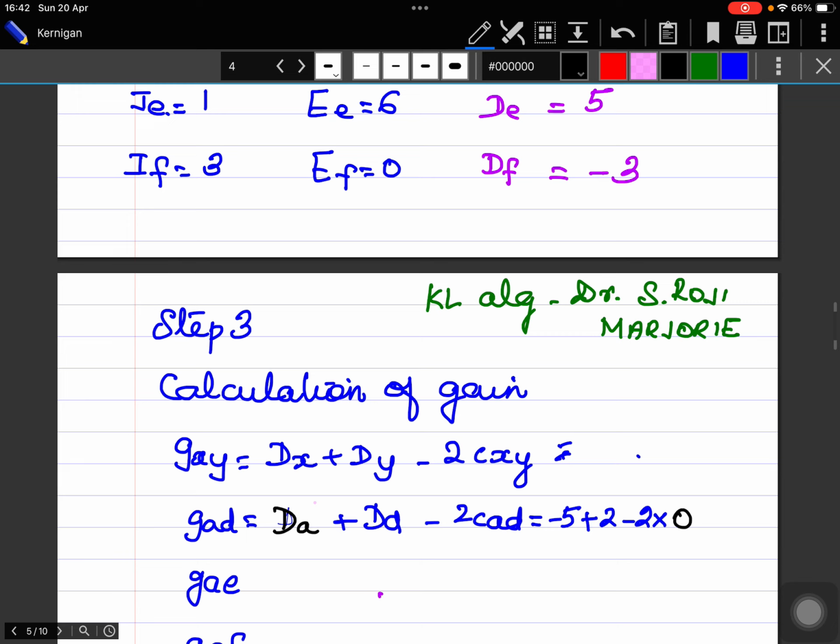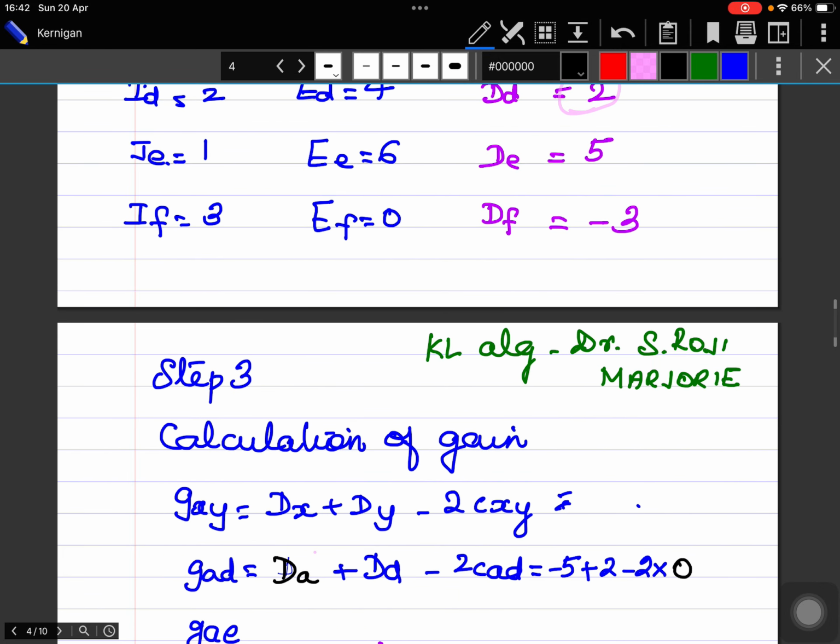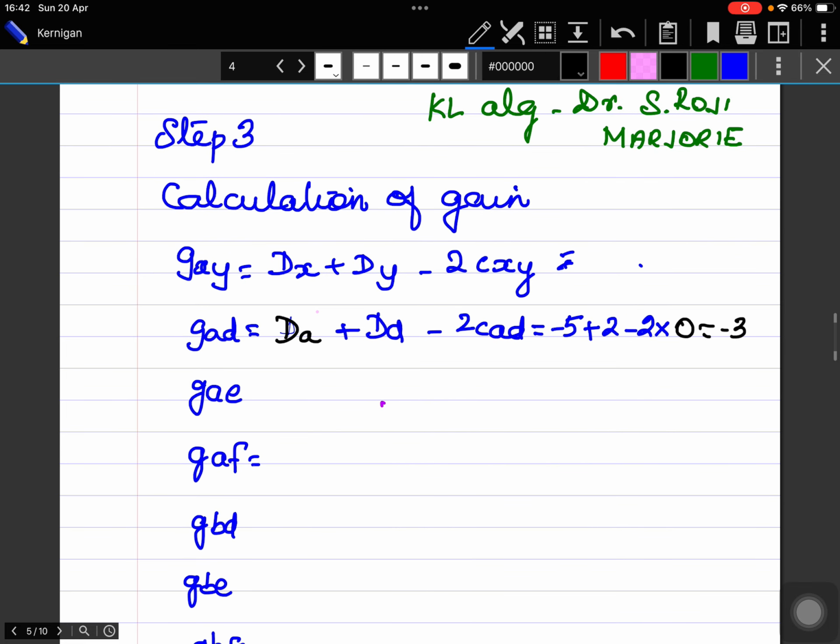DA is minus 5, DD is 2. So GAD becomes minus 3. Am I right? Minus 5 plus 2, that is minus 3. Now in the same way, if you write all the values, you will get GAE is equal to